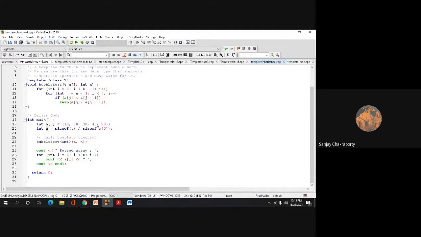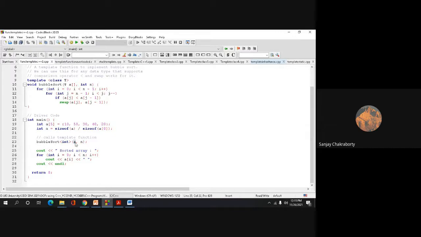And n represents the size of the array. You can count the size and directly write it here, or you can use this kind of sizeof expression to calculate the size of the array. And this is the statement by which we do the bubble sort function call within the template whose parameter type is class T. Here we have to mention the data type. I have already told you, this is the advantage of using function template, that during the call we can pass any kind of data type on which the particular function will operate. These are the two arguments that we have passed.